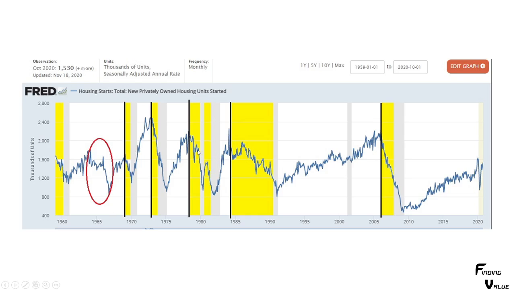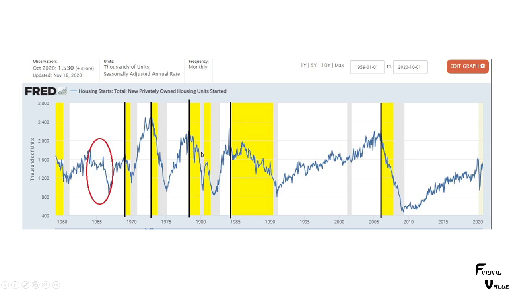But every single one, other than this one in the red circle here, all of these other ones had recessions. What is that telling us? It's telling us that when housing starts decline, we get deflation or less inflation, and we have a recession. Every single one but one. So what we want to see in an inflationary environment is the opposite to happen. In order to have deflation, what a lot of people on YouTube talk about, you have to have the housing starts go down, because that's what it's telling us, outside of this one fluke in history.